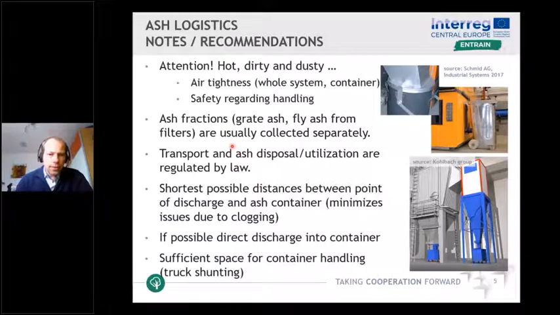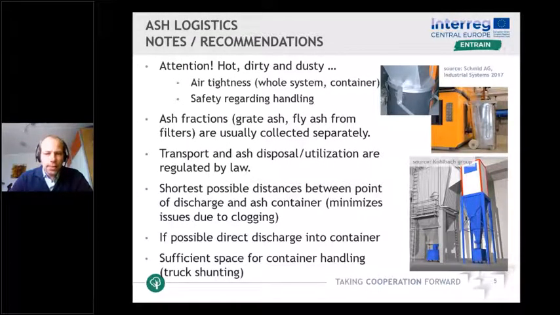Usually, or often, ash fractions are collected separately, so as to have the possibility to use the different ash fractions further on, or dispose, for instance, the fine fractions from the electrostatic precipitators. Please watch out, transport and ash disposal utilizations are regulated by law, as we already heard, and